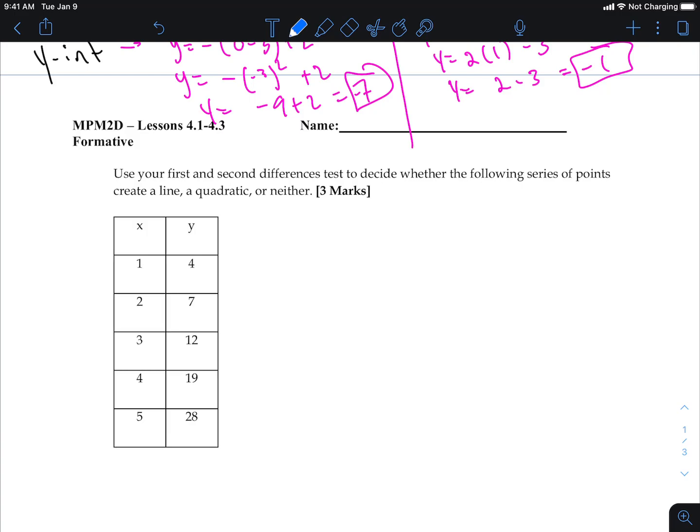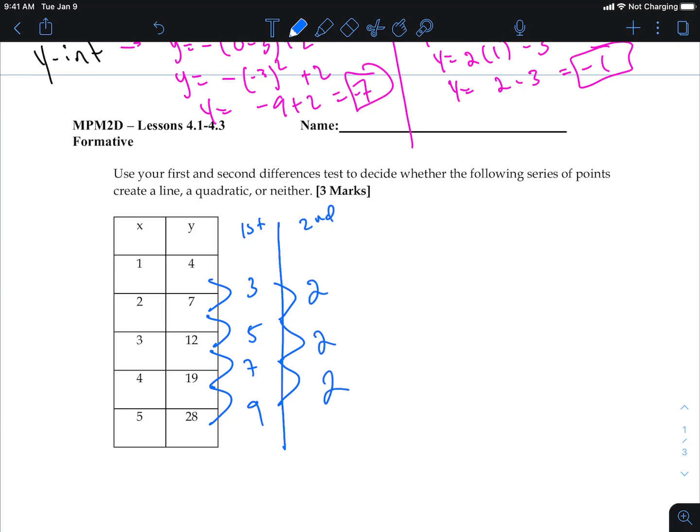So, 4 to 7, these are the first differences: 3, 5, 7, 9. Okay? Those don't match. So you have to go again. We call these second differences. The second differences are all 2, 2, 2. You say, therefore, we know